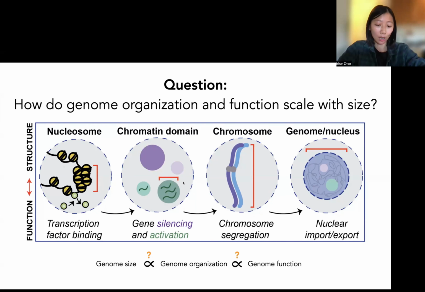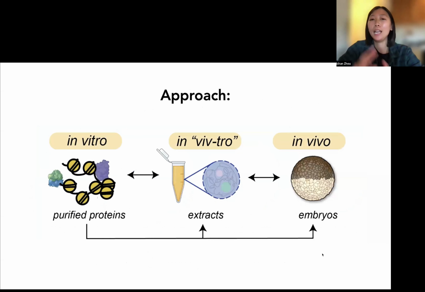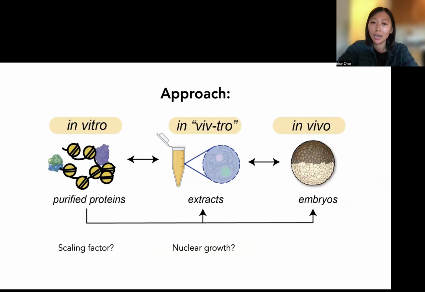And I think I might just skip the last part of the talk because otherwise I won't have time for questions. But anyway, the general approach is that I'm going to combine the in vitro systems that I learned in Gita's lab with these extract and also in vivo systems that I've learned in Rebecca's lab to dissect these mechanisms, but then also test them in vivo in the embryo. So I'm going to skip this